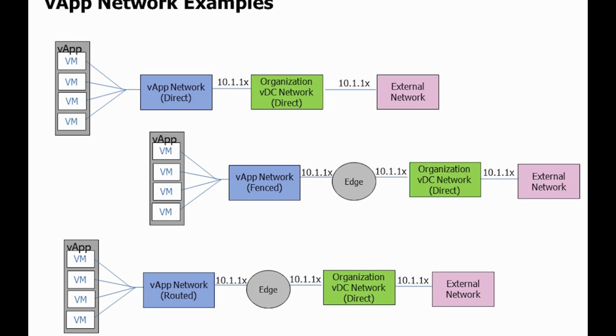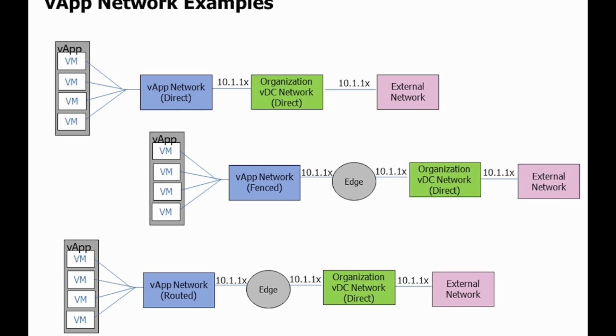So the main goal of fencing is to allow you to do something like that. You could have 3 or any number of vApps all hidden behind a fenced network. The edge device then performs isolation duties. So it's really just doing what's called a proxy ARP, or address resolution protocol, in that let's say the IP